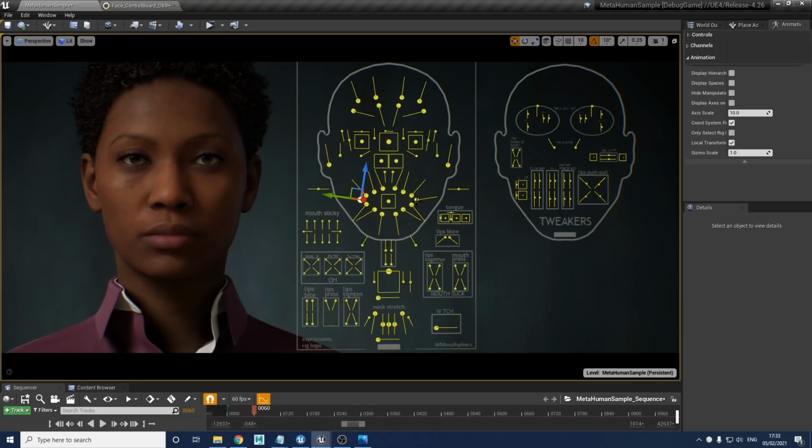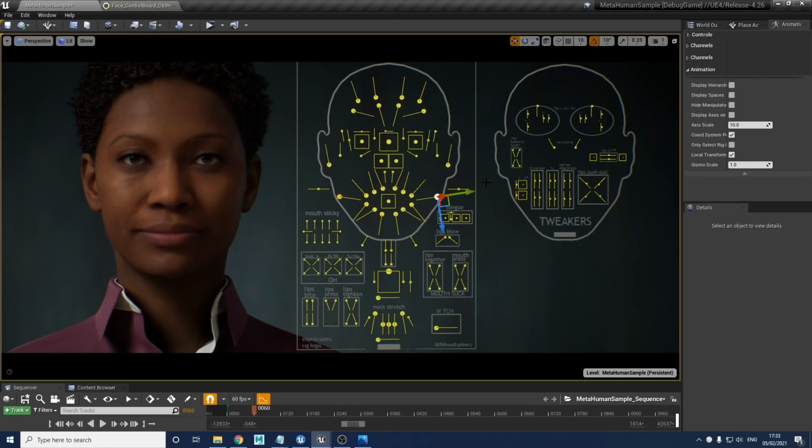Moving down, we've got the dimpler. So these dimple controls, they move out wide, so you can see by the line there. It's going to pull the corners wide, and it also pulls them back into the face, into this kind of dimpling, so it's going to be activating tension in the cheeks here. If she had dimples, it would be creating dimples.